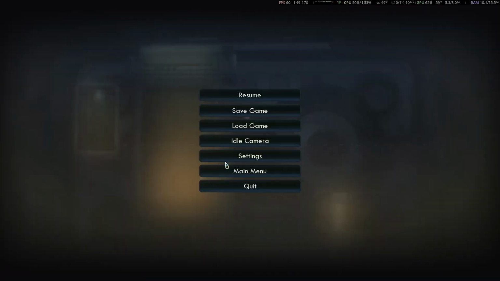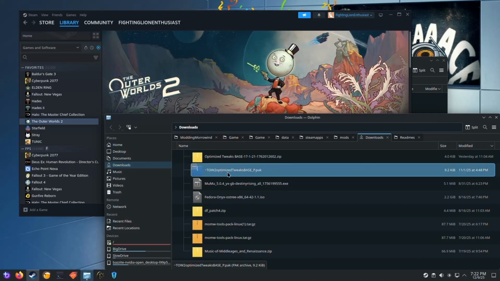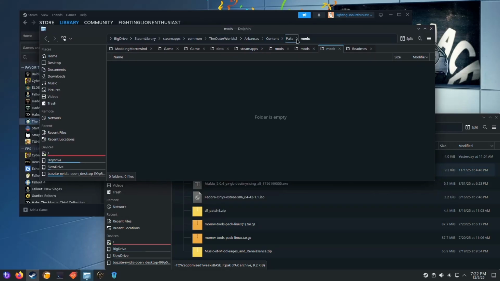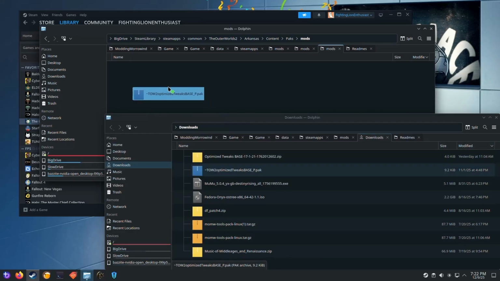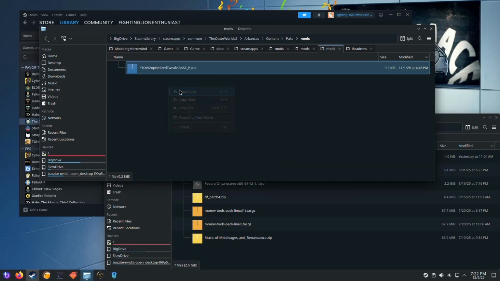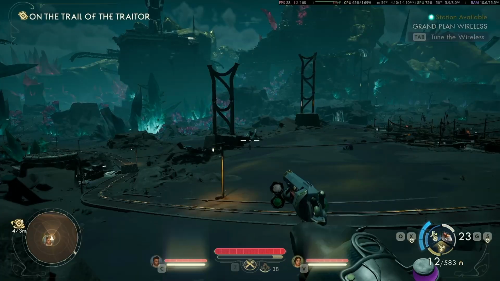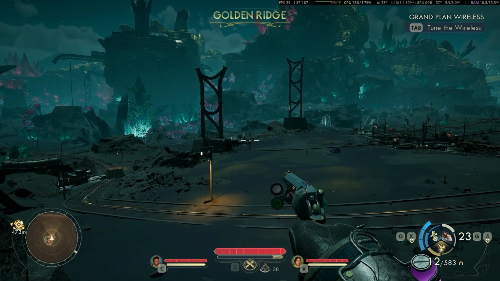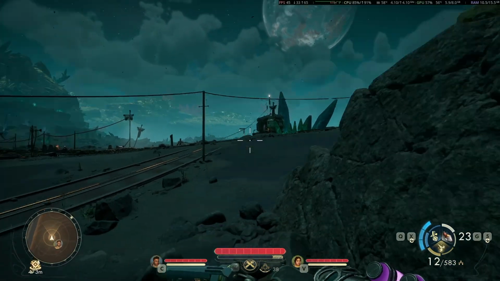Let me quit out. I'm going to take the optimized tweaks base pack from my downloads folder, and I'm going to drop it into my Arkansas Content Packs Mods folder. So we'll drag this up there. We'll say move here. We will start the game again. Now we're loaded up in the game with the mod active, and if we start wandering around,